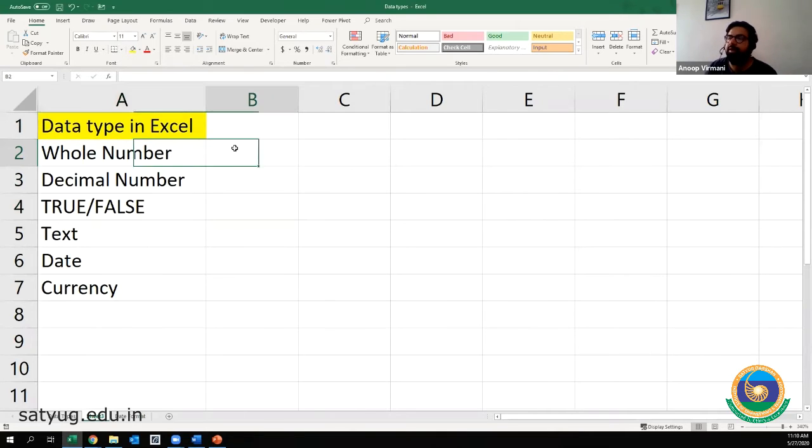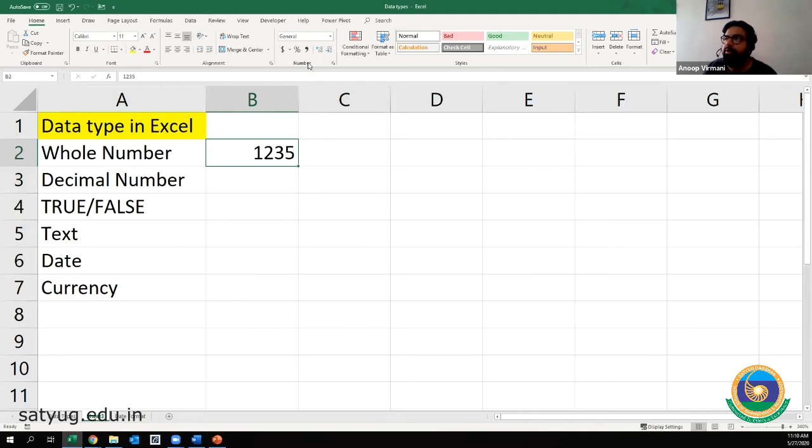So what we are doing, a whole number can be anything. Like I type 1, 2, 3, 5, right? This is a whole number. Now you see here, in the next 15 minutes, just concentrate on these numbers that I will be putting in and the format for the numbers here, right?